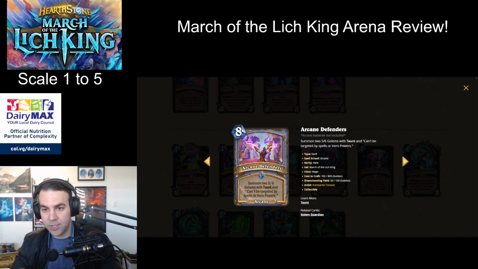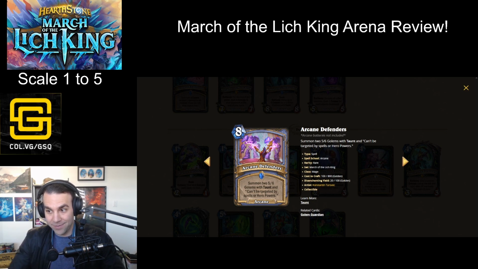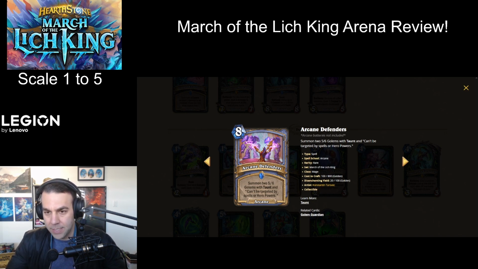Arcane Defenders. I do remember this card. 8 mana, summon 2 5/6 golems with taunt, and can't be targeted by spells or hero powers. This card seems good. Right? Agree? Seems pretty good. Kind of reminds me a little bit of Deep Freeze, right? Instead of 2 water elementals and a freeze, you get better stats and taunt. I think this card's a lot better than Deep Freeze. And Deep Freeze is still an okay card. So,